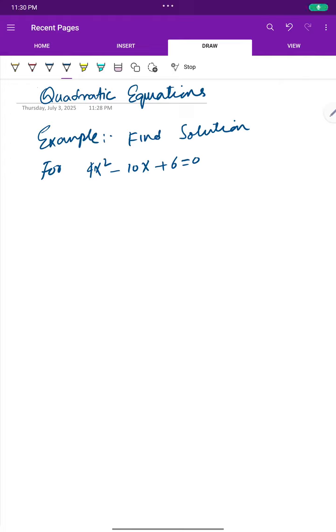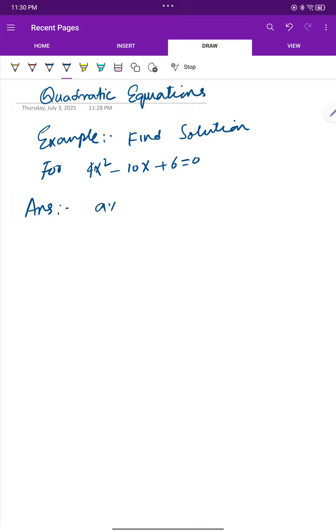So this is an example of a quadratic equation, and it's pretty straightforward. We're going to find the solution like we did in the last video, and then we will check the solution. That's what you have to do in higher studies, grade 11, 12, and further. So the answer is